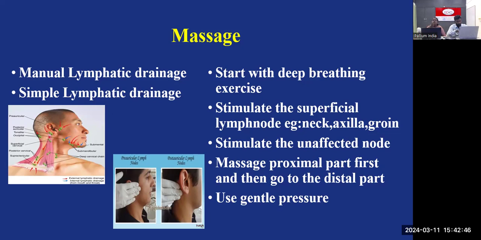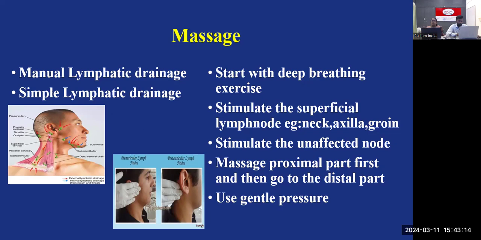So there is no lymph node there for stimulation. The axillary lymph node on the left side is absent. So what you can do is stimulate the opposite side axillary lymph nodes, because those axillary lymph nodes are healthy and in working condition. You have to stimulate that, and then you have to